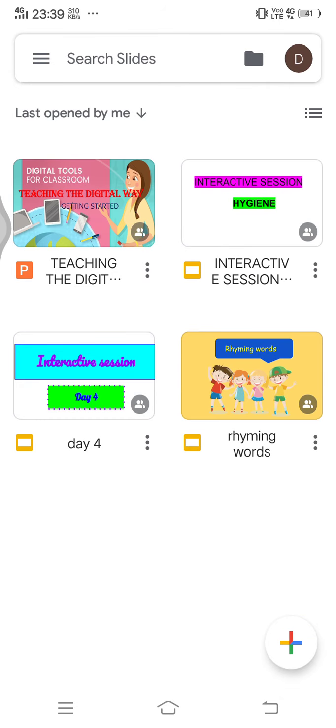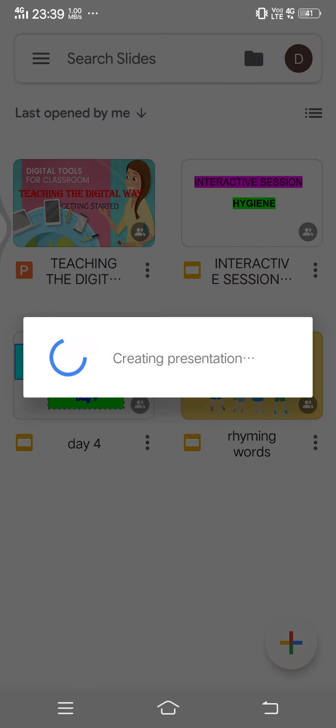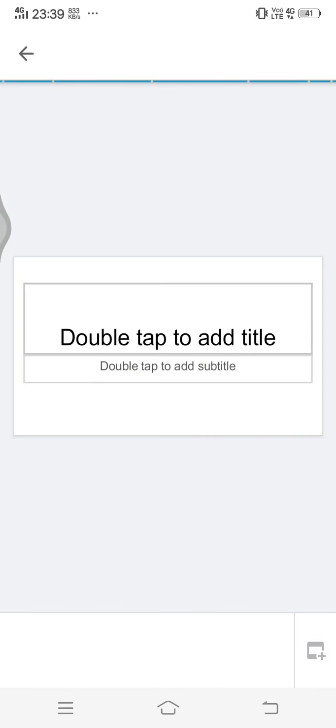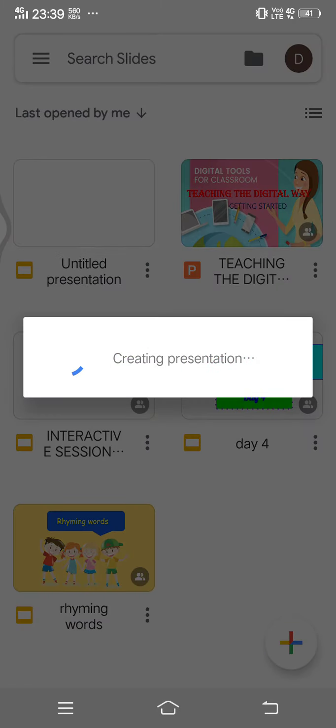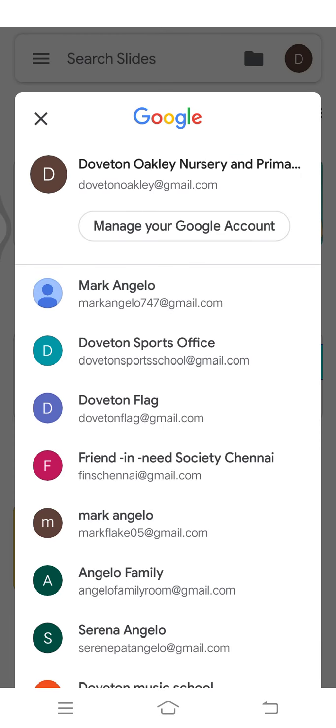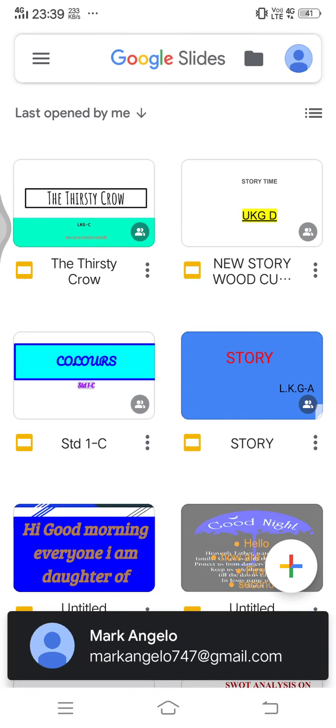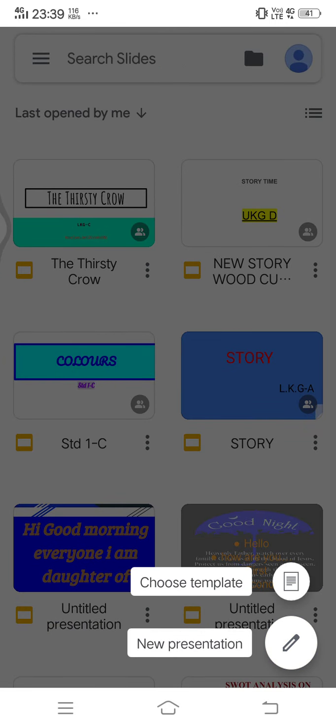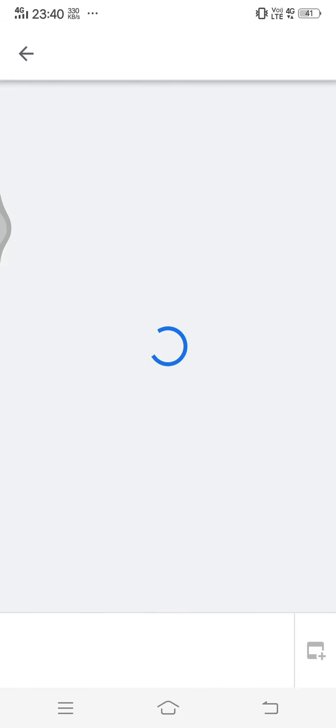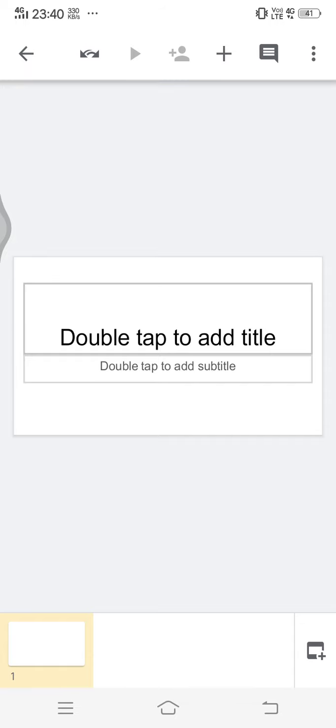So I already have 4 presentations here, but still I'm going to go and I'm going to do a new presentation. So let's click the plus symbol for a new presentation, and it automatically says creating new presentation. Now usually you'll get an option which will say choose template or new presentation. That's what it should actually show you, but I don't know why it's not happening here. But let's see here, just give me a minute. Yeah, it should come like this: choose a template or a new presentation. So you click a new presentation, it will open up like this.